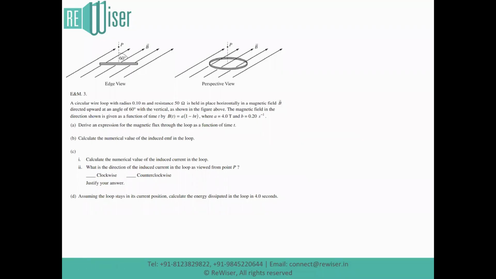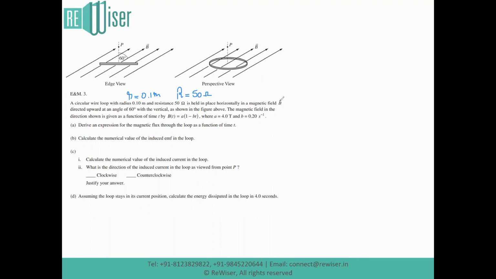Let's have a look at another question involving AP Electricity and Magnetism. Here we have a circular loop with radius 0.1 meter. So let's just write the data as and when we read. So the radius R is 0.1 meter. The resistance capital R of the wire is 50 ohm,